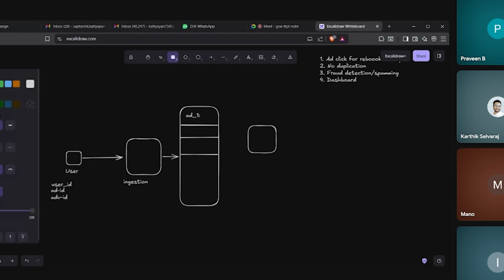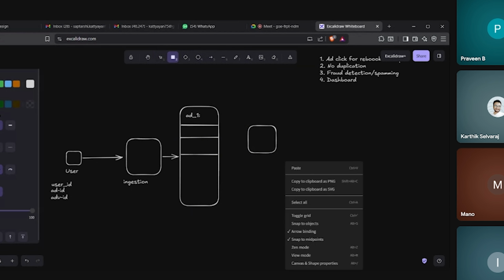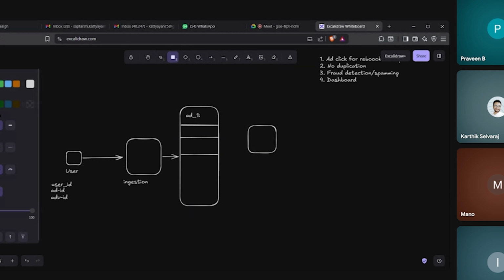We'll have multiple consumers, one, as you told, for fraud detection, and another for the dashboard that we want to achieve. So there will be two services.